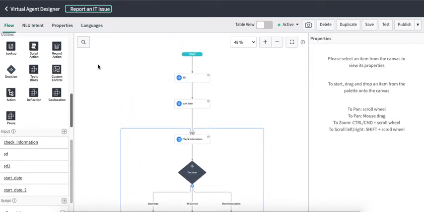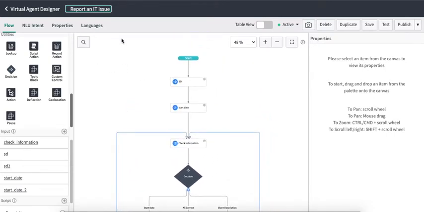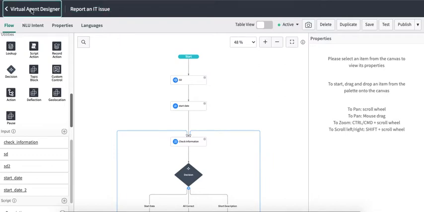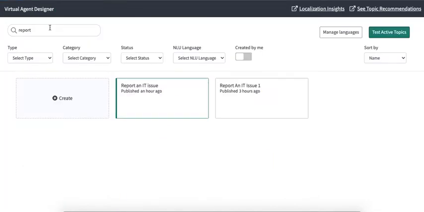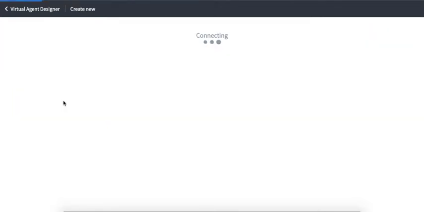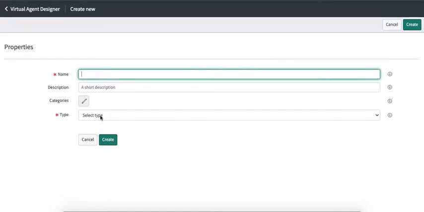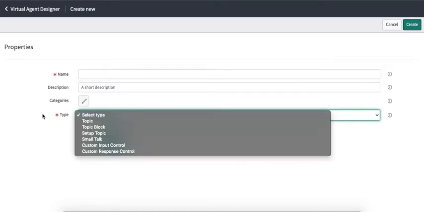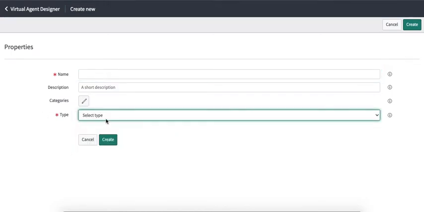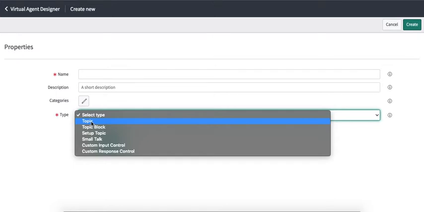So to start with, you can always go to virtual agent designer, and then you can click on create, and then you can input the information here, name, description, category and type, and then here since we are creating a topic, you will have to select the type as topic,